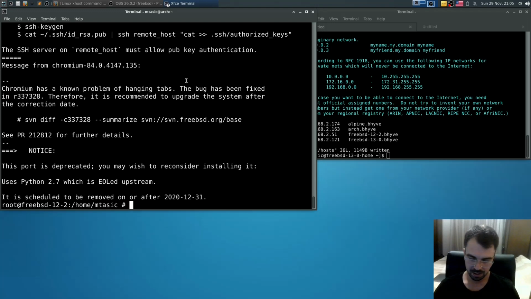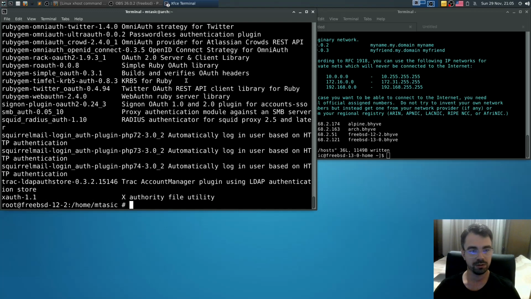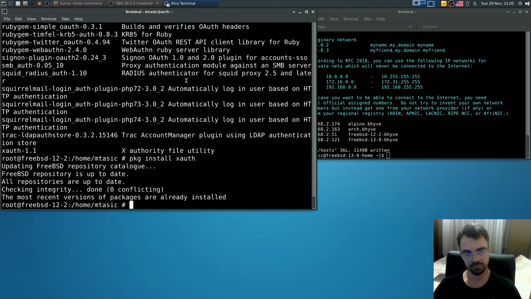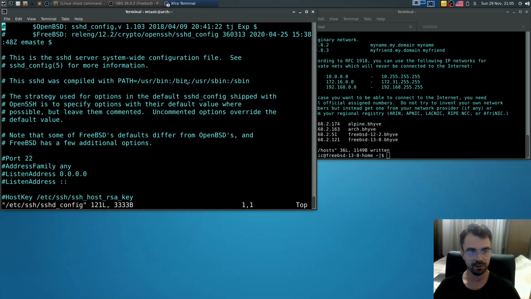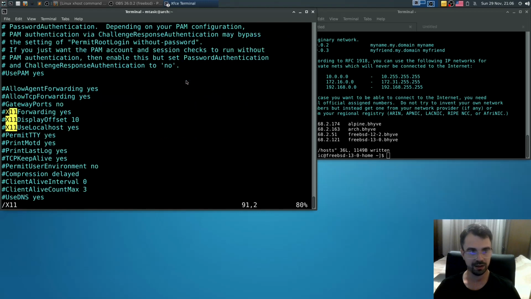Okay. pkg search xauth. We need to install this one. It's installed. Now let's do vim /etc/ssh/sshd_config, look for X11 forwarding yes, use local.